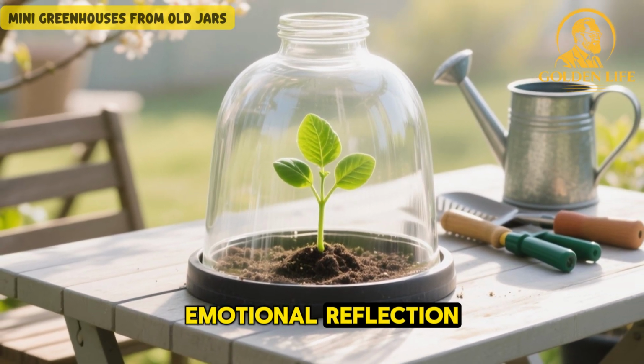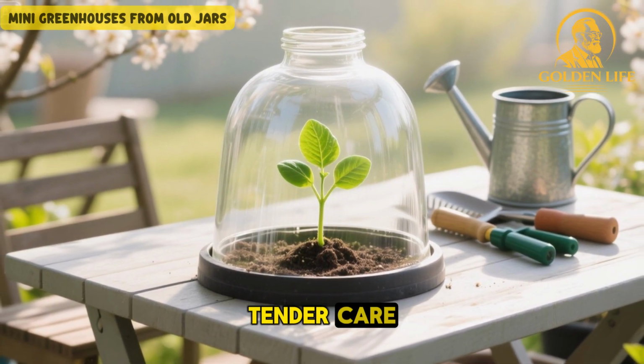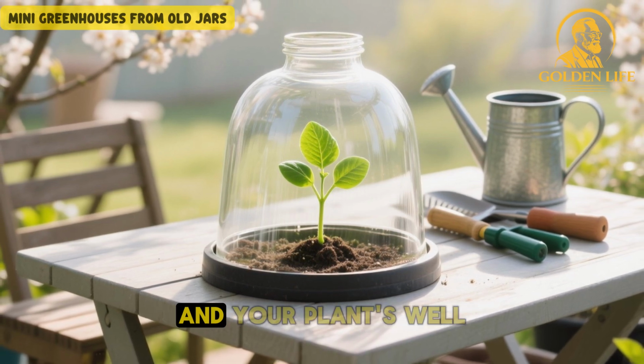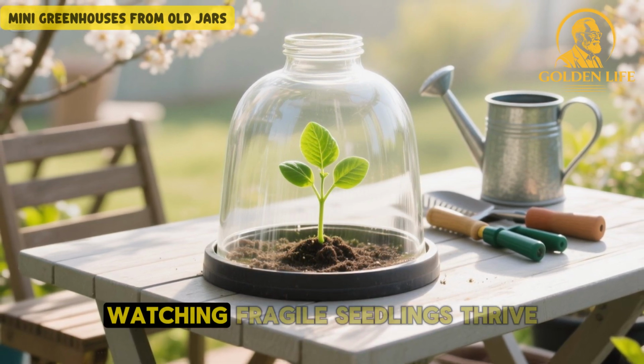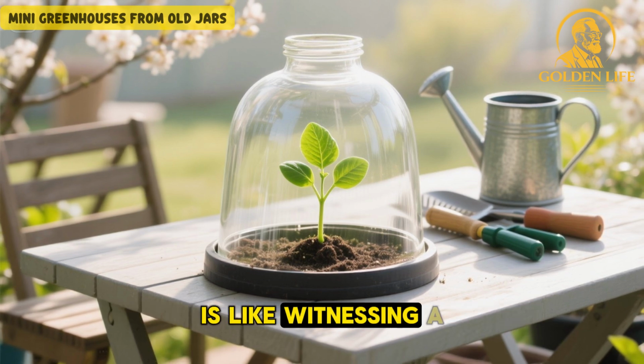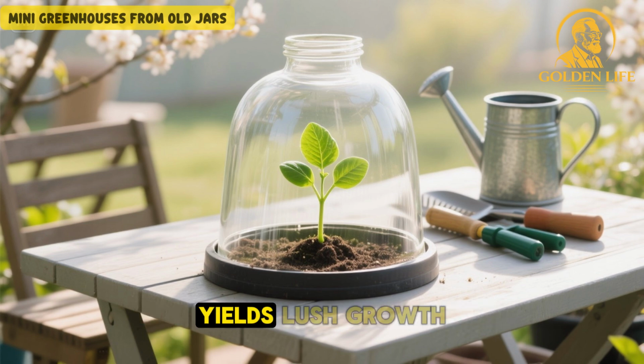Emotional reflection. Every jar you lift and set in place becomes an act of tender care, a small, mindful ritual that honors both your body's needs and your plant's well-being. Watching fragile seedlings thrive under their glass domes is like witnessing a tiny miracle, proof that gentle protection yields lush